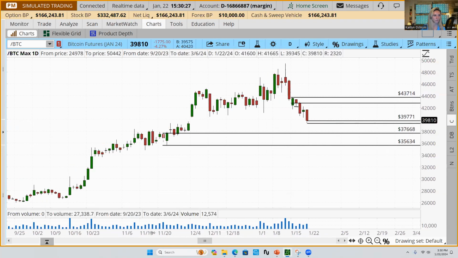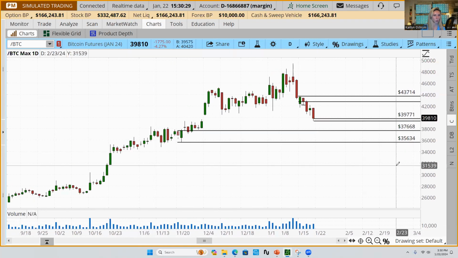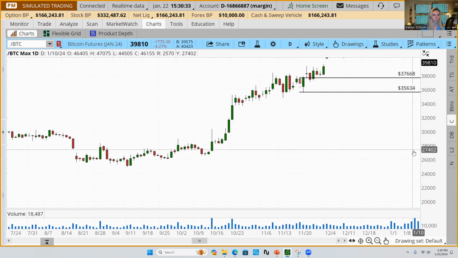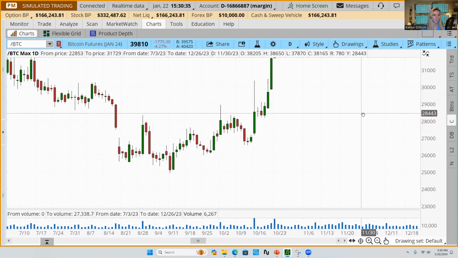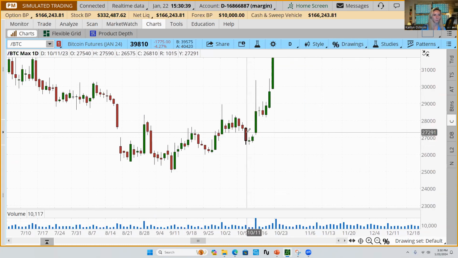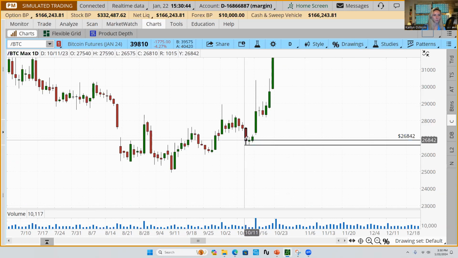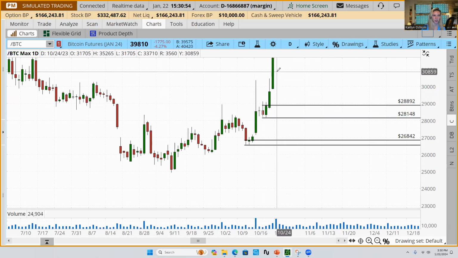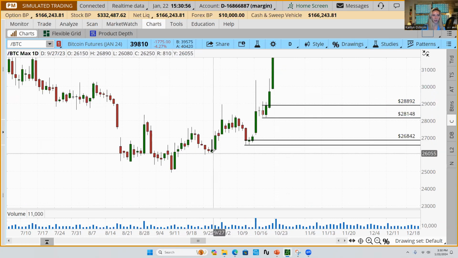Coming back even further, how about this one? Red candle, green candle, wave to the upside. And then after that pullback, red and green, wave to the upside. This one down here, red, green,